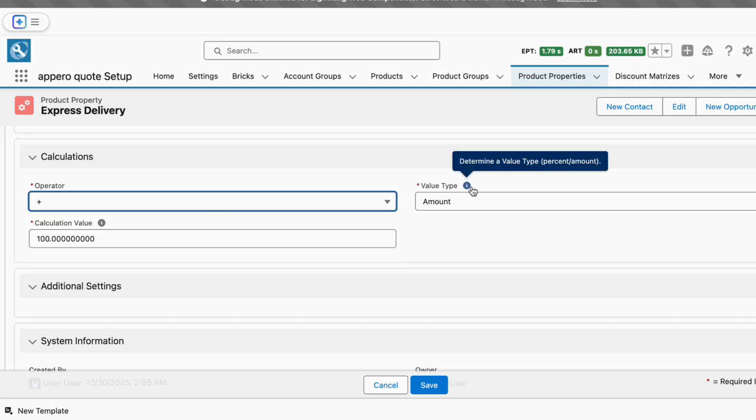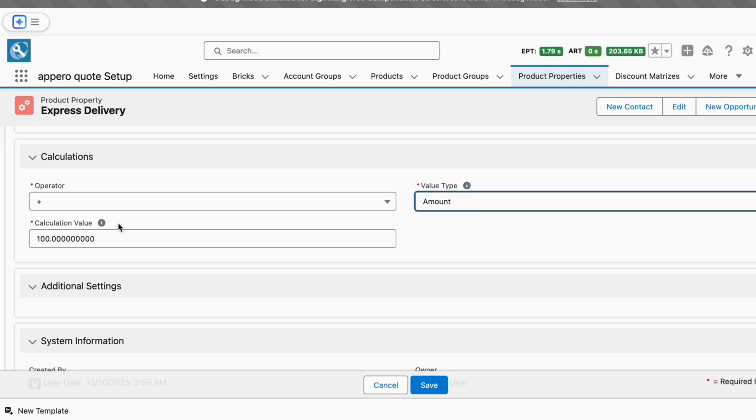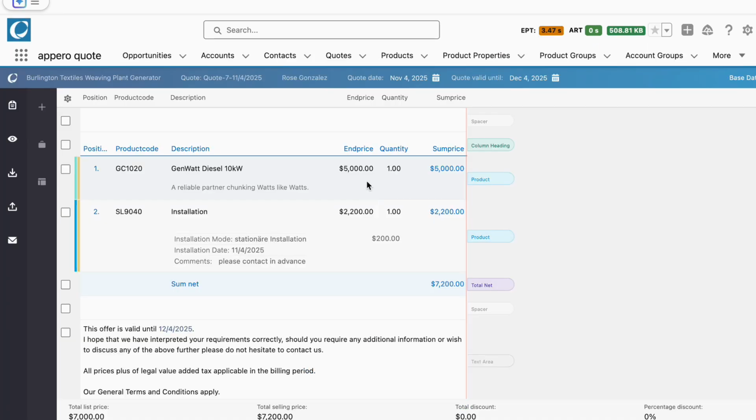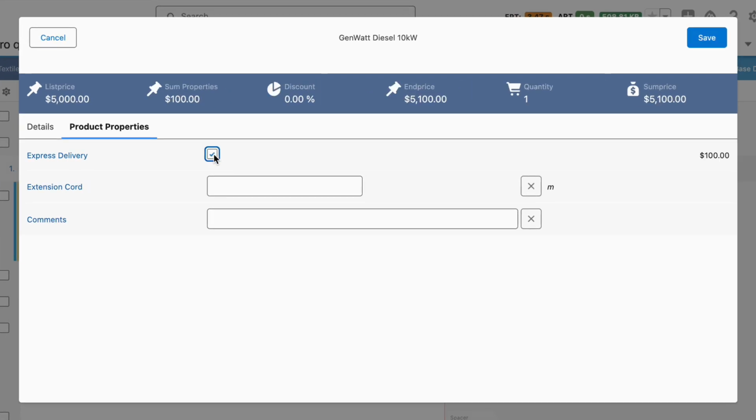The type determines whether the calculation is absolute or in percent. And the value for calculation is the amount or percentage used for calculation. For example, a checkbox with the operator plus, type absolute and value 100 results in a surcharge of $100 on